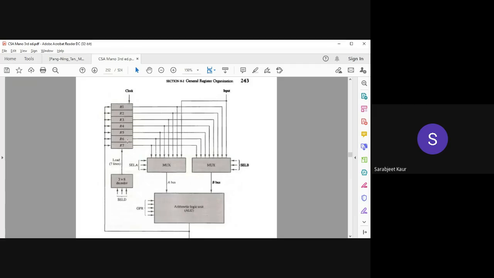Now, the output of each of these registers is connected to a multiplexer. Okay, so you see two multiplexers here. Let's first focus on this first multiplexer here. This multiplexer will receive an input from the output of each of these registers, right? So how many registers are there? 7. So what would be the size of this multiplexer